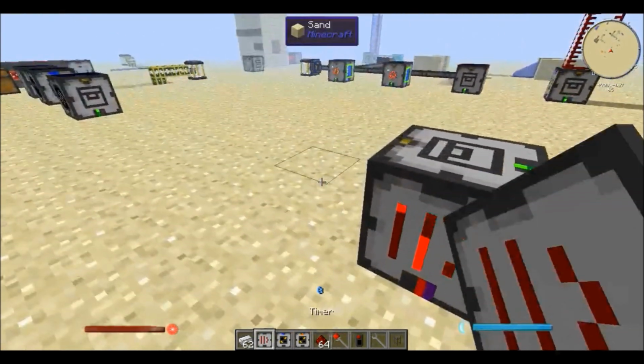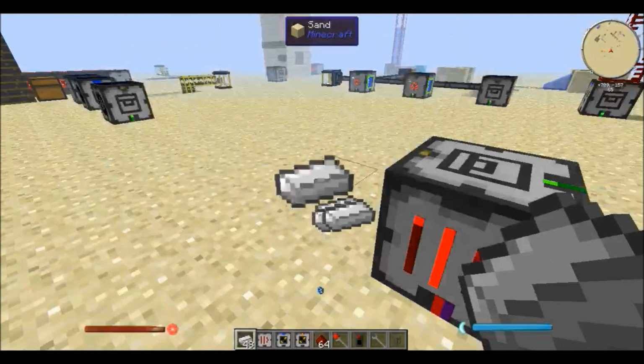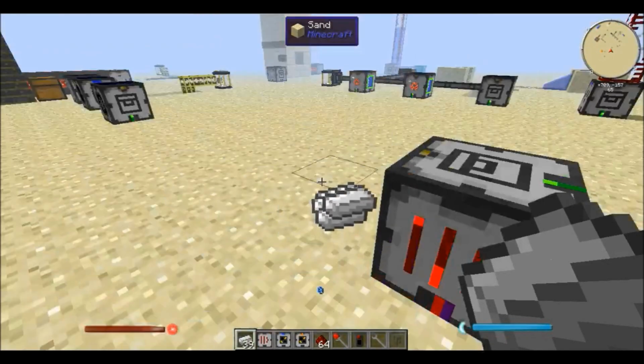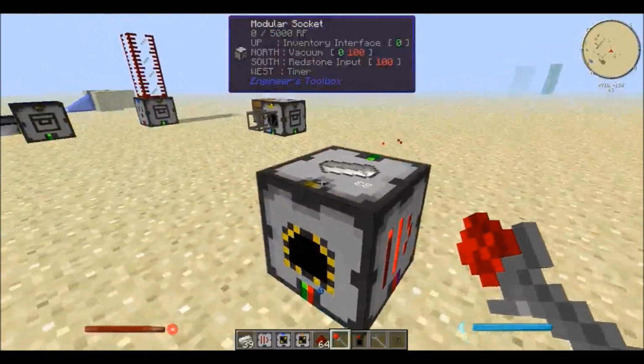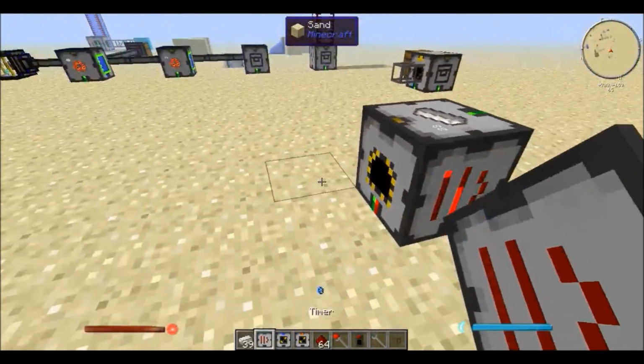So if I was to go here and throw some iron bars and take the redstone wand and give it a signal like so, we see that the iron bars were taken up. Now if I do it again,